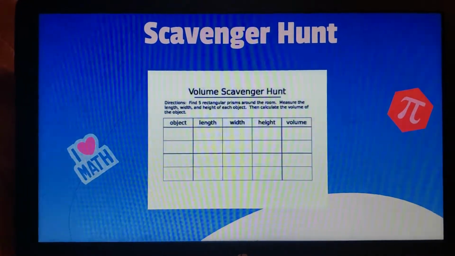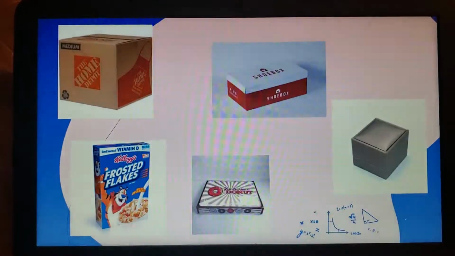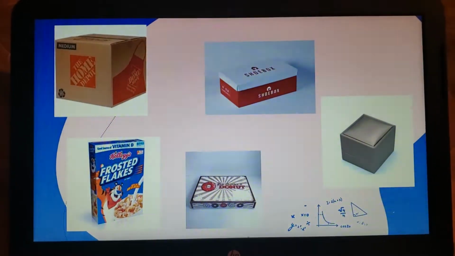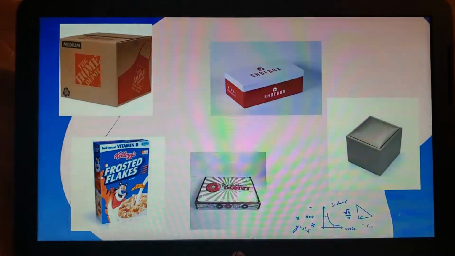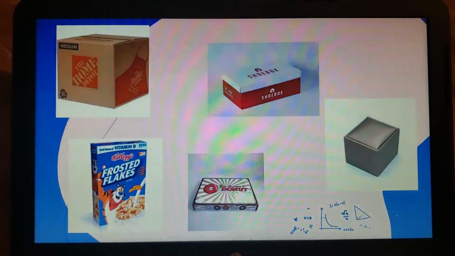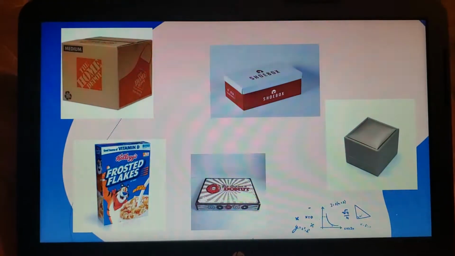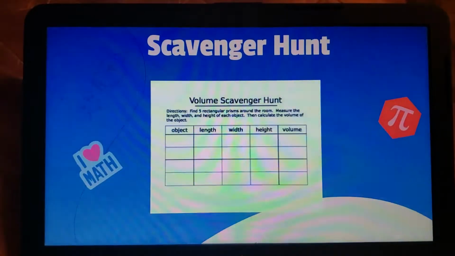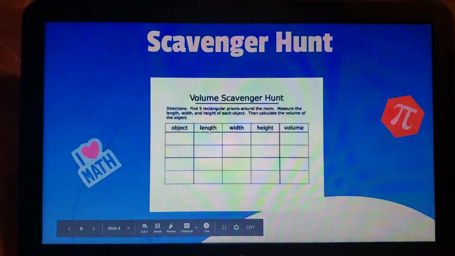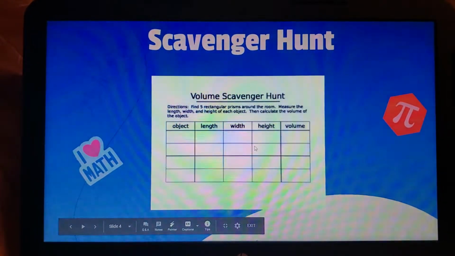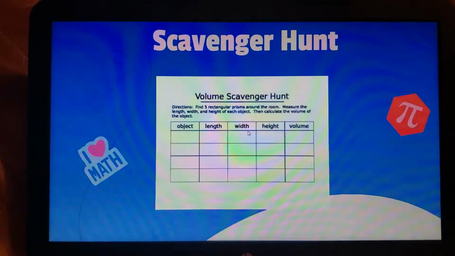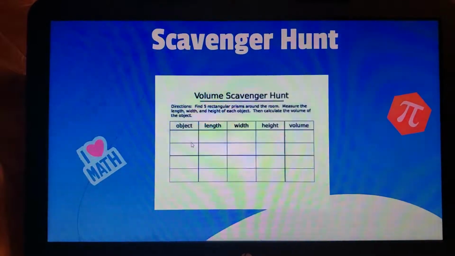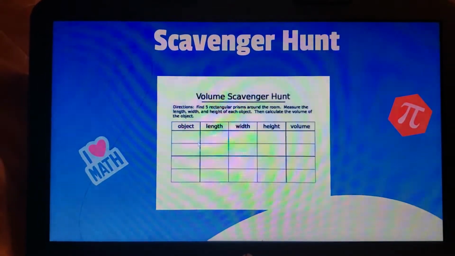They can use objects such as the ones on this slide. It can be any type of boxes or any type of objects the teacher wants to bring. Like I said, this can be already provided, or on this worksheet the teacher can already give them the length or the height, or have one missing, and students have to figure out what the object is and what the volume is, or the missing